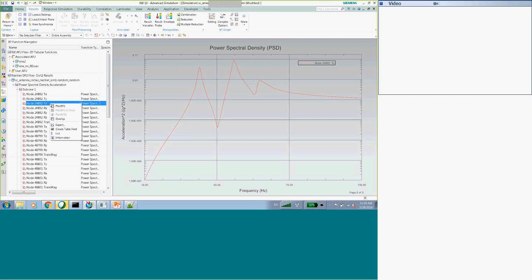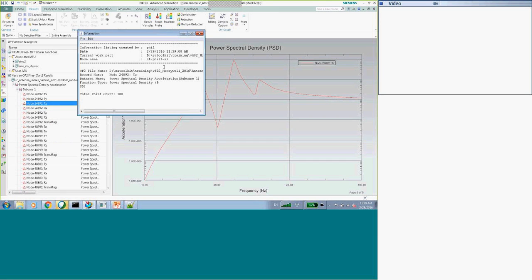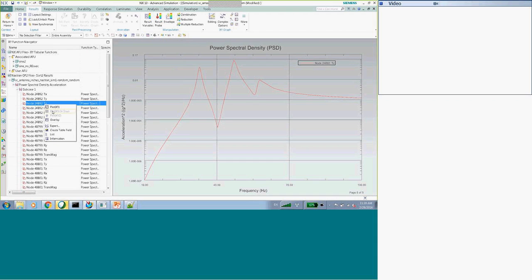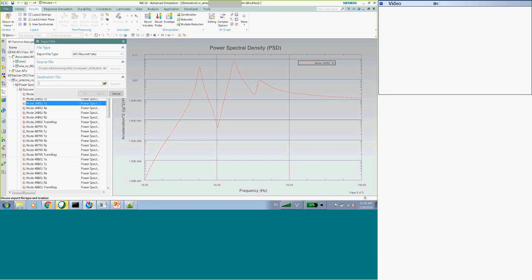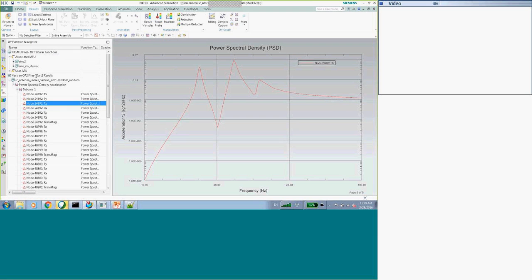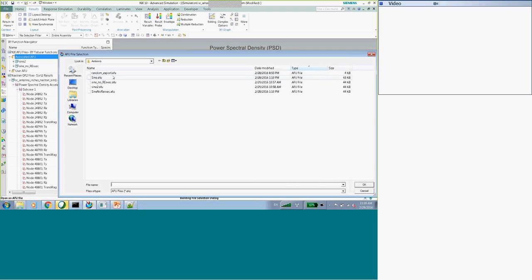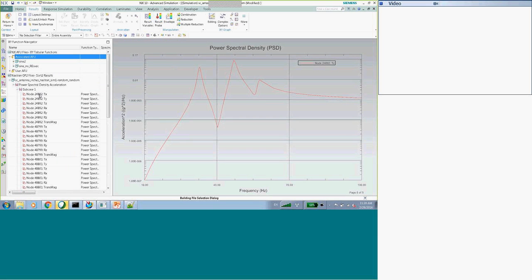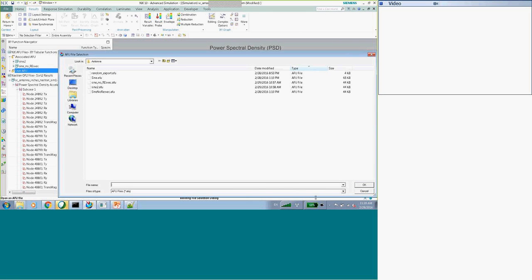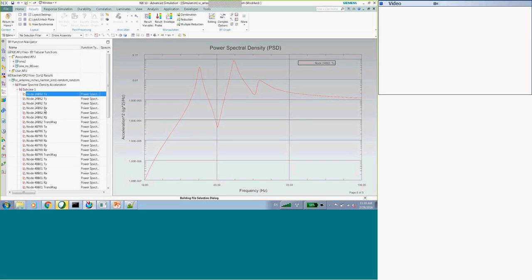To get them into NX, if you click information on the plot, you won't see anything. So you just go export. If you export these as is, and I'm going to say Honeywell. This is an FYI, a UAFU called Honeywell. Didn't pick anything. That was brilliant. Put that in the folder. Let's do it again.